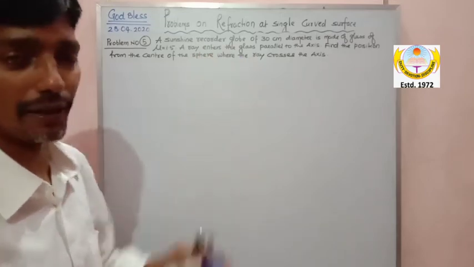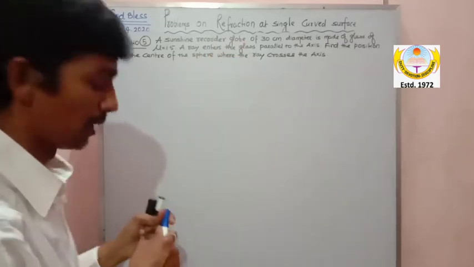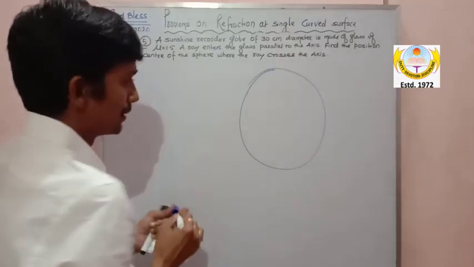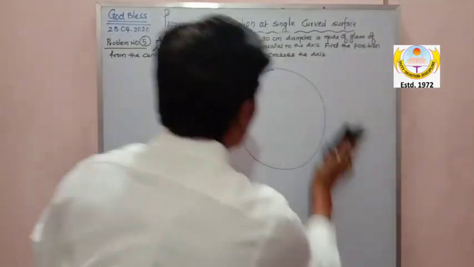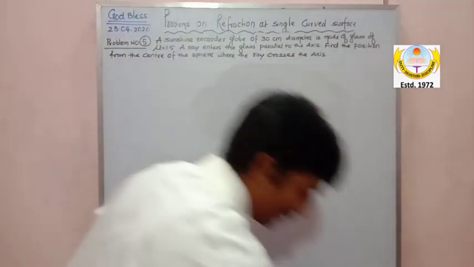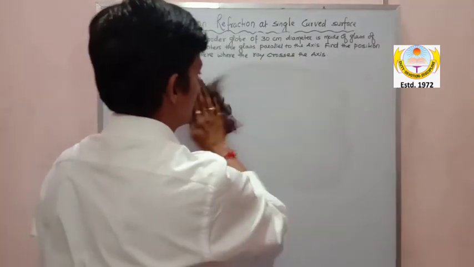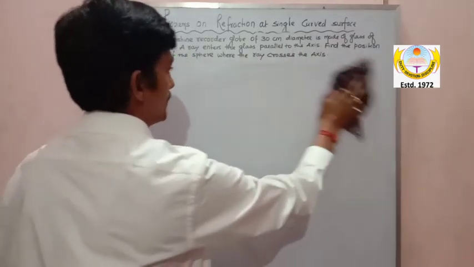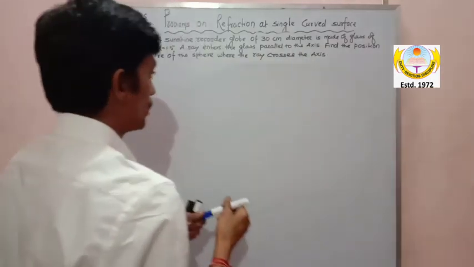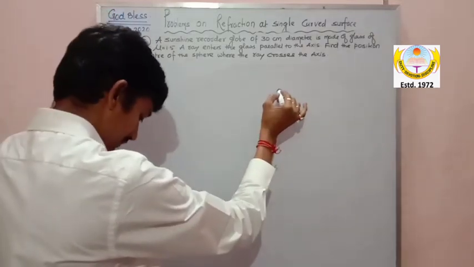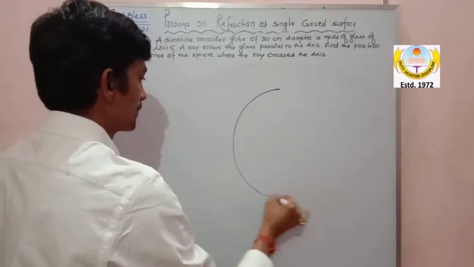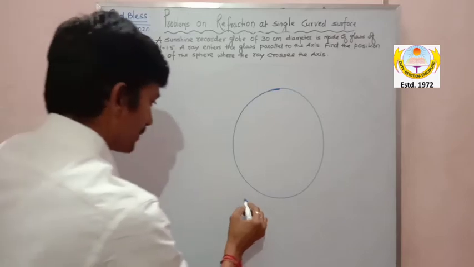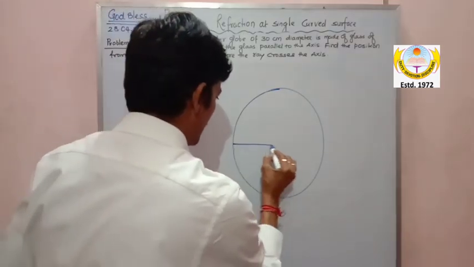There is a sunshine recorder, globe, shape is globe. You all know globe, something like this. So I have drawn the globe here. This is the sunshine recorder, or it can be a globe, my dear. I am drawing. So look at it, there is a globe, and of 30 centimeter diameter. So the globe has a diameter of 30 centimeter.